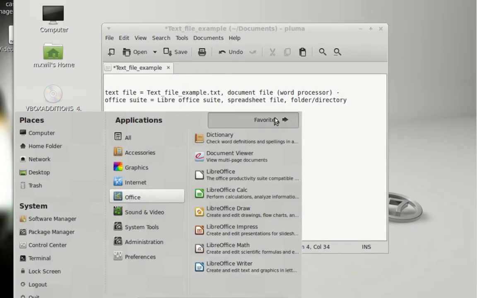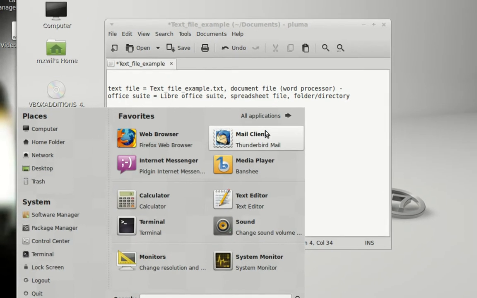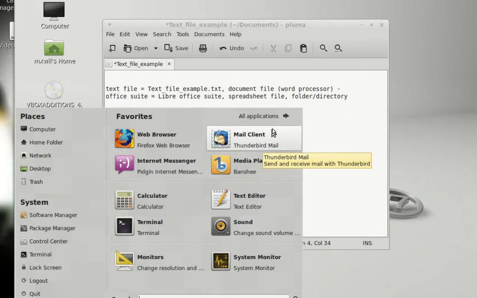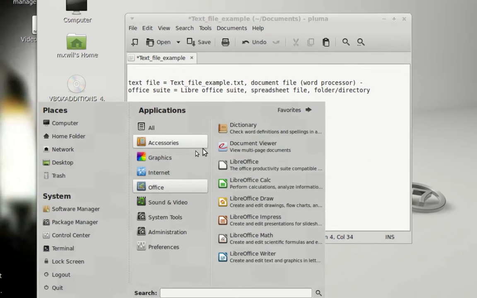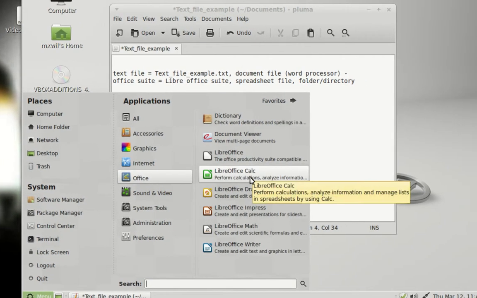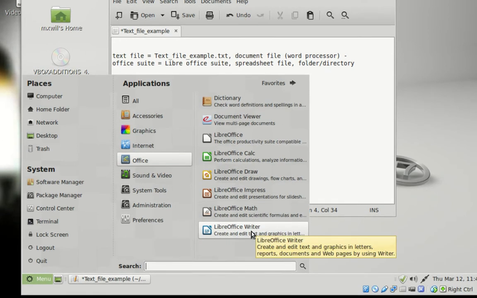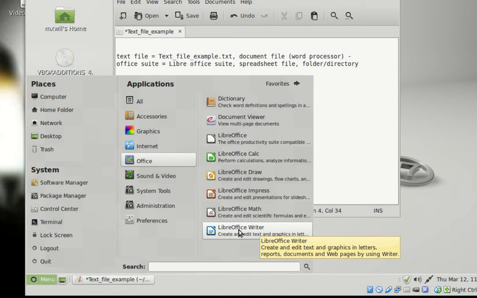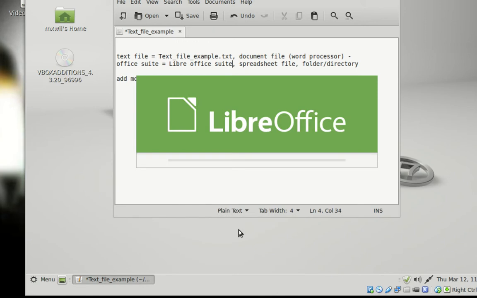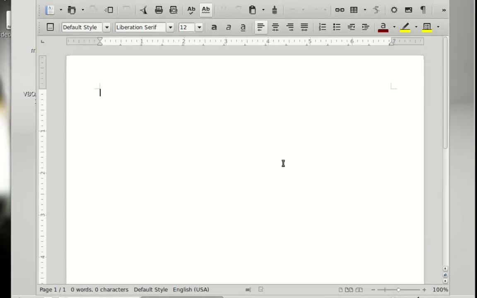I don't think that if you went back to favorites you would see it in here. No. Okay, so you'll need to go to all applications, down to Office, and then you'll find your suites here. For today, what we're going to use is LibreOffice Writer, which again, as I said, is a word processor, and the equivalent to LibreOffice Writer would be Microsoft Office Word. And you just left click on it, wait for it to load up,